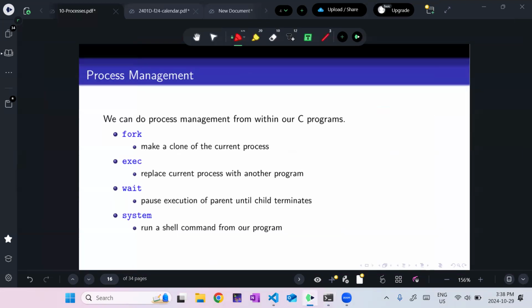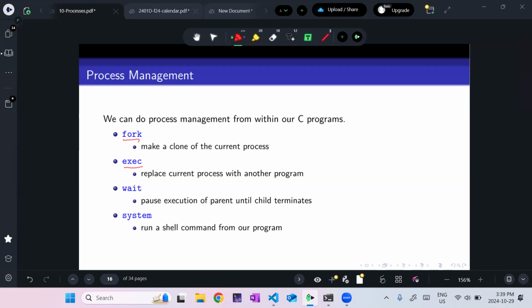All right. Good. So that's a bunch of command line stuff. Questions? How much time we got? All right. So we can do other process management from within our C programs. One of the main ways we can do that is using the fork command, right? If I want to have multiple processes running, doing multiple tasks, I can use fork. Based on whatever process ID I get back from this command, I can decide if I'm a child or the parent and decide what my task should be, using just an if statement or something like that.